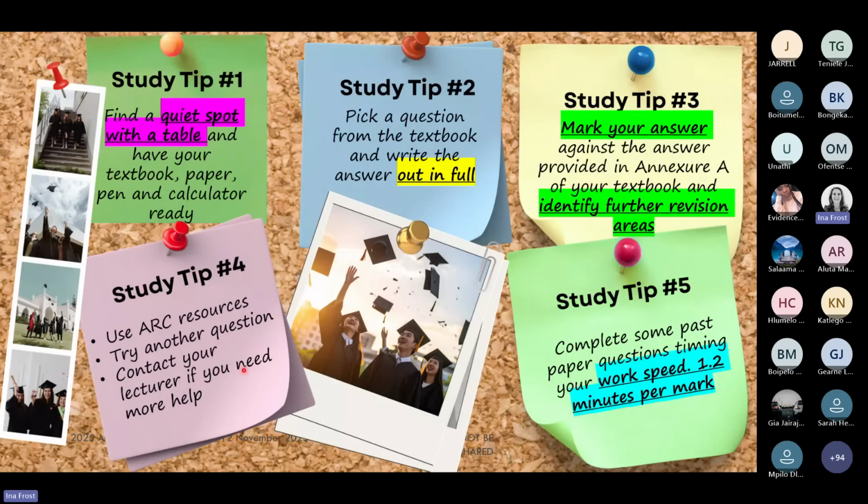And if you're still stuck, please, lecturers are more than willing to help. Pop us a quick email and just say, look, in question 5, date 10, I don't understand how they calculated that number, and we can help you with that. And then, of course, you are going to do some past paper questions, and you're going to make sure that you can work at the right speed. Please, students, we don't want to get answer booklets where the whole last 2-3 questions are left out because the students didn't work at the right speed in the paper.